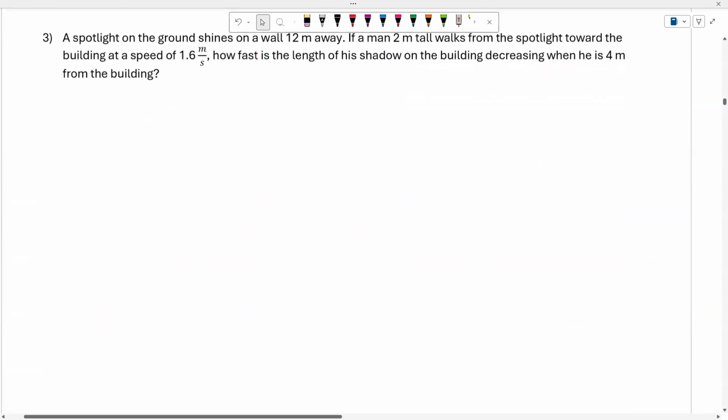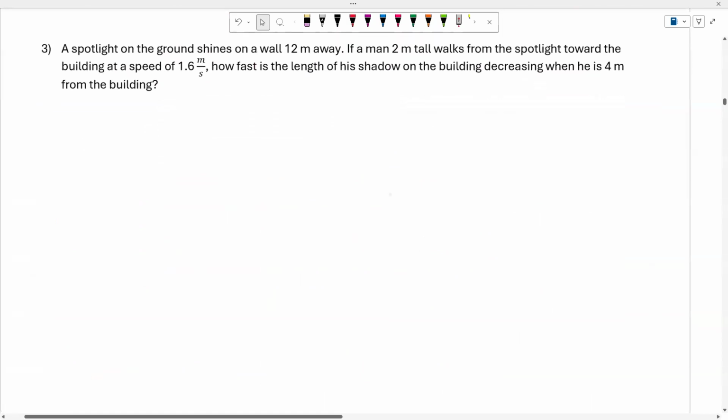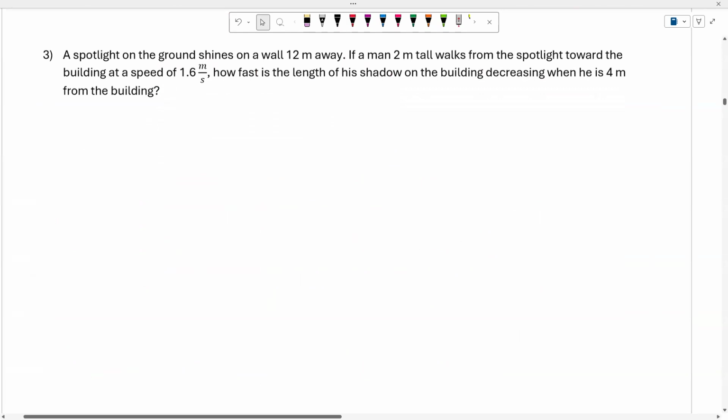And now let us look at the next example. Today's example is: a spotlight on the ground shines on a wall 12 meters away, and a man 2 meters tall walks from the spotlight toward the building at a speed of 1.6 meters per second. When I see this, I know that it's related to the derivative. How fast is the length of his shadow on the building decreasing